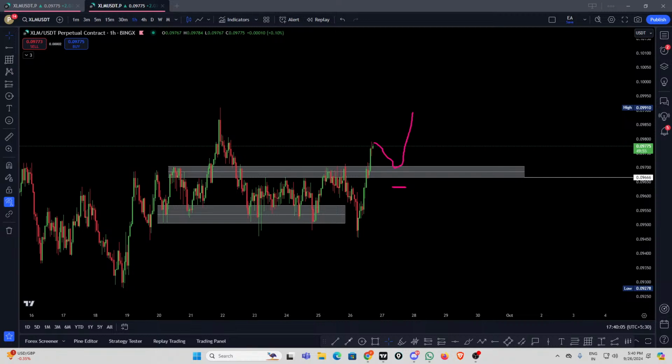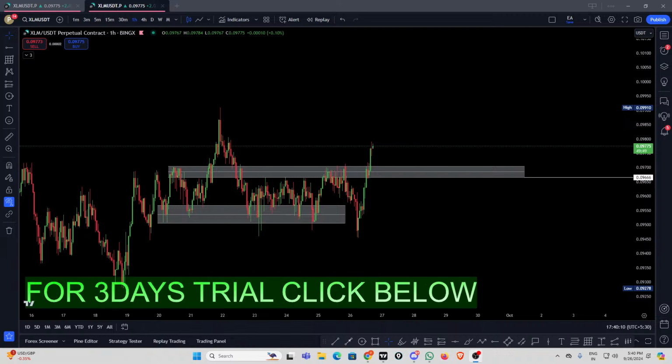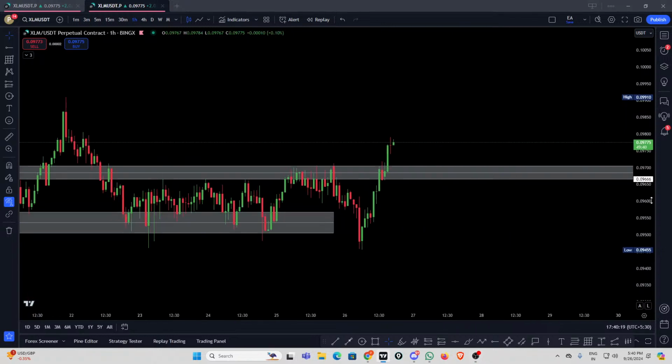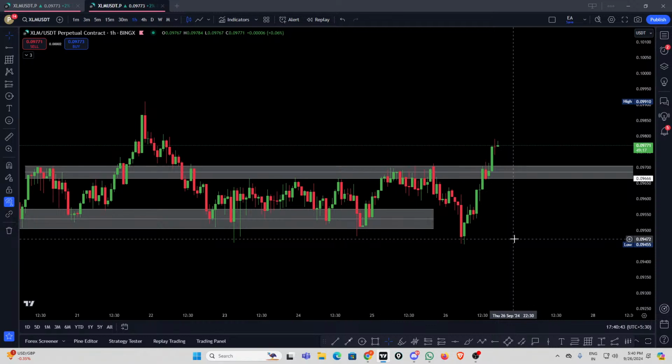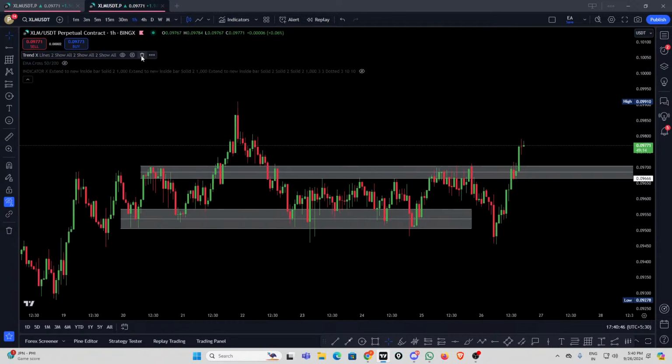Remember, until we don't see any candlestick pattern, we are not going to take the trade. If you see any kind of rejection, a big wick, just like this, and the candle closes inside this zone, you can try your trade with a small stop loss. Keep your stop loss below the candle wick. Don't forget to keep your stop loss, guys. And the target, as usual, is the weekly